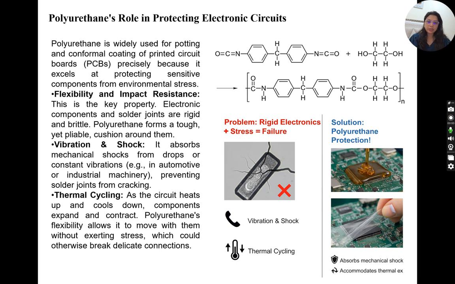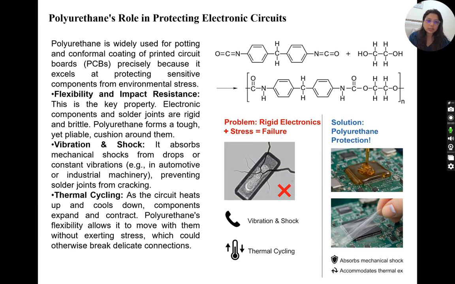So here are some applications of different polymers, and how we can use them, because every polymer has a different kind of property associated with it. That's why they can be used as different substrates. In this class, we are going to take some of the polymers which can be used in different applications, starting with polyurethane.